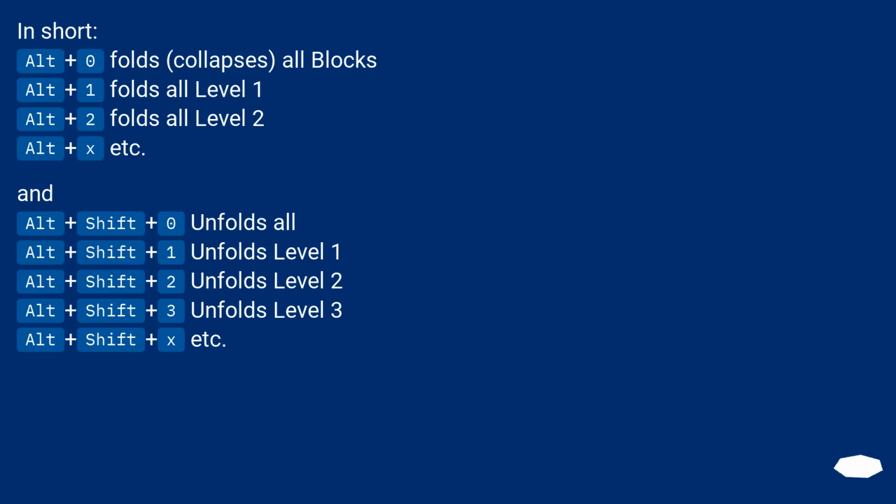In short, Alt+0 folds, collapses, all blocks. Alt+1 folds all level 1. Alt+2 folds all level 2. Alt+X etc. And